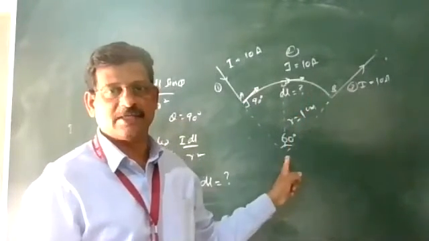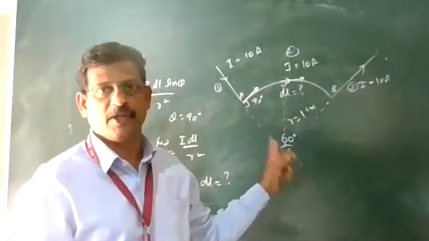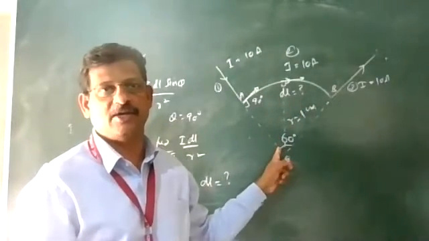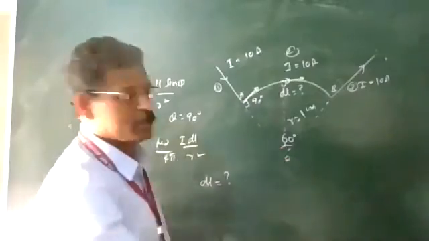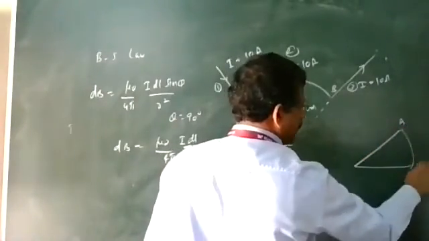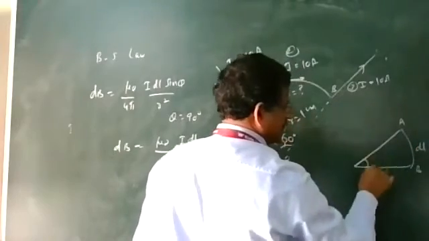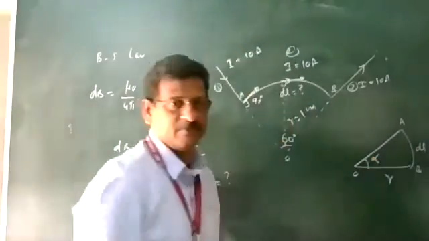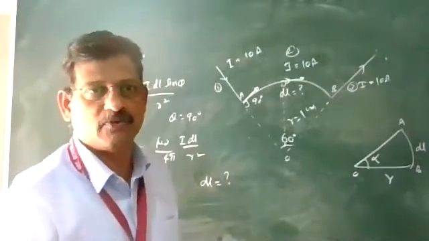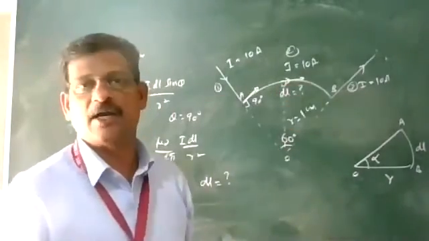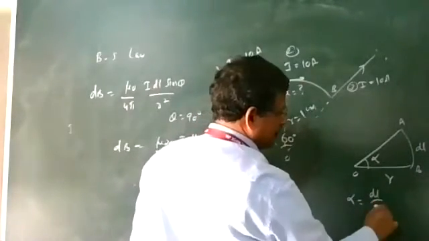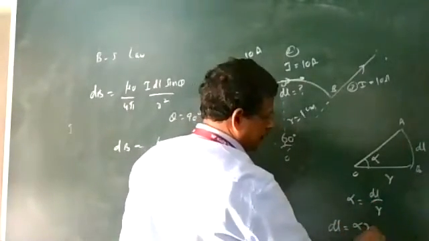Here, for that angle we are going to use 60 degree. Okay, angle is arc length upon radius, that is angle theta, you can calculate from here. So we are using this equation to find out the length. This is the arc with radius r, and the angle we are finding as alpha. Angle is equal to arc length upon radius, the equation used for finding the length of that arc portion. So alpha is equal to dl divided by r. So dl is equal to alpha into r.